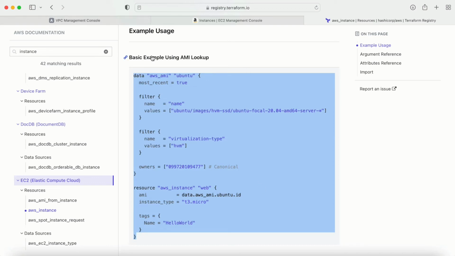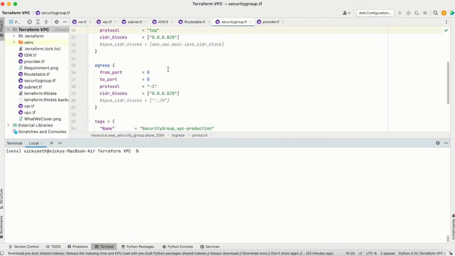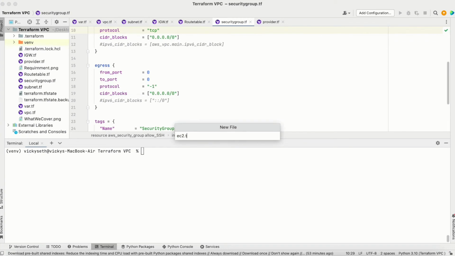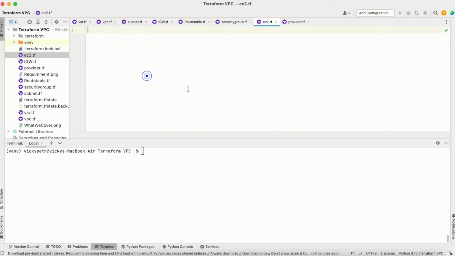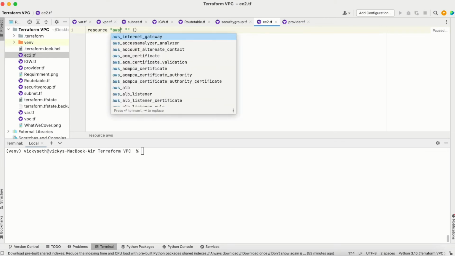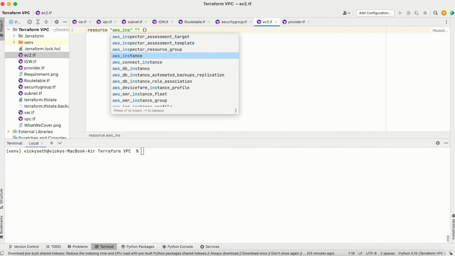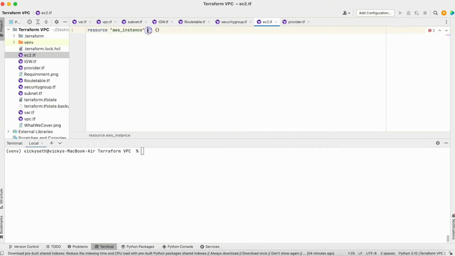So let's create this one. Let me create one file here first, .tf. Now the resource is going to be aws_instance. Let me give a logical name,